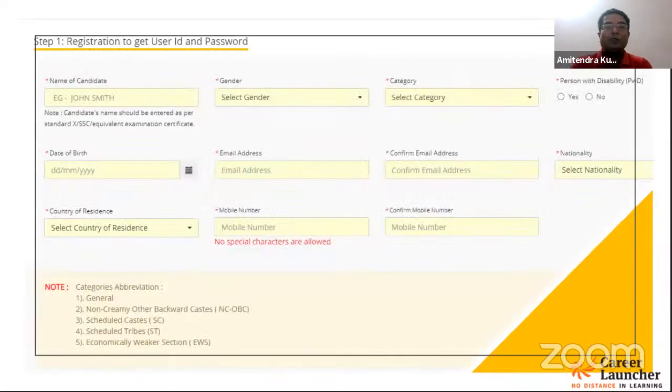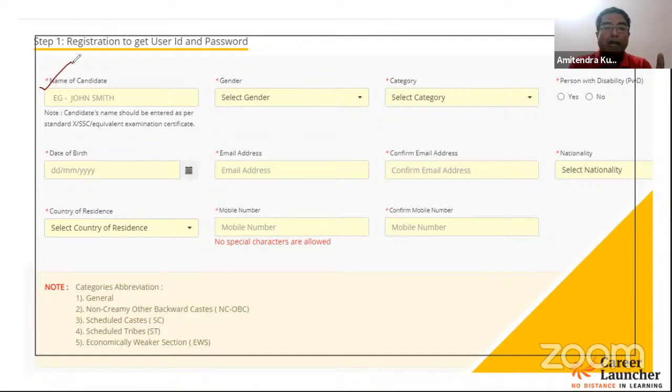Now, what needs to be done to complete the registration, to get your user ID and password to go ahead and complete the application process? So you are required to provide certain particulars out here. First one is the name of the candidate, and it should be as per your class 10th certificate.